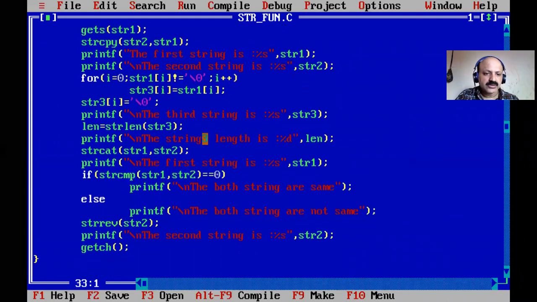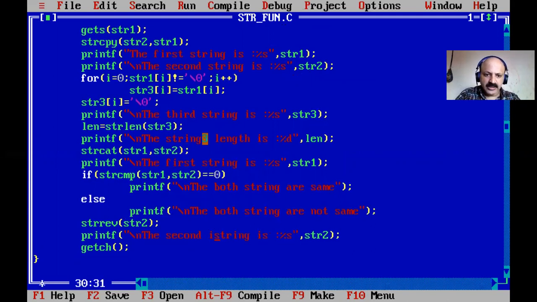Okay. So just pass the string, and here we can change the message: second string in reverse order string.